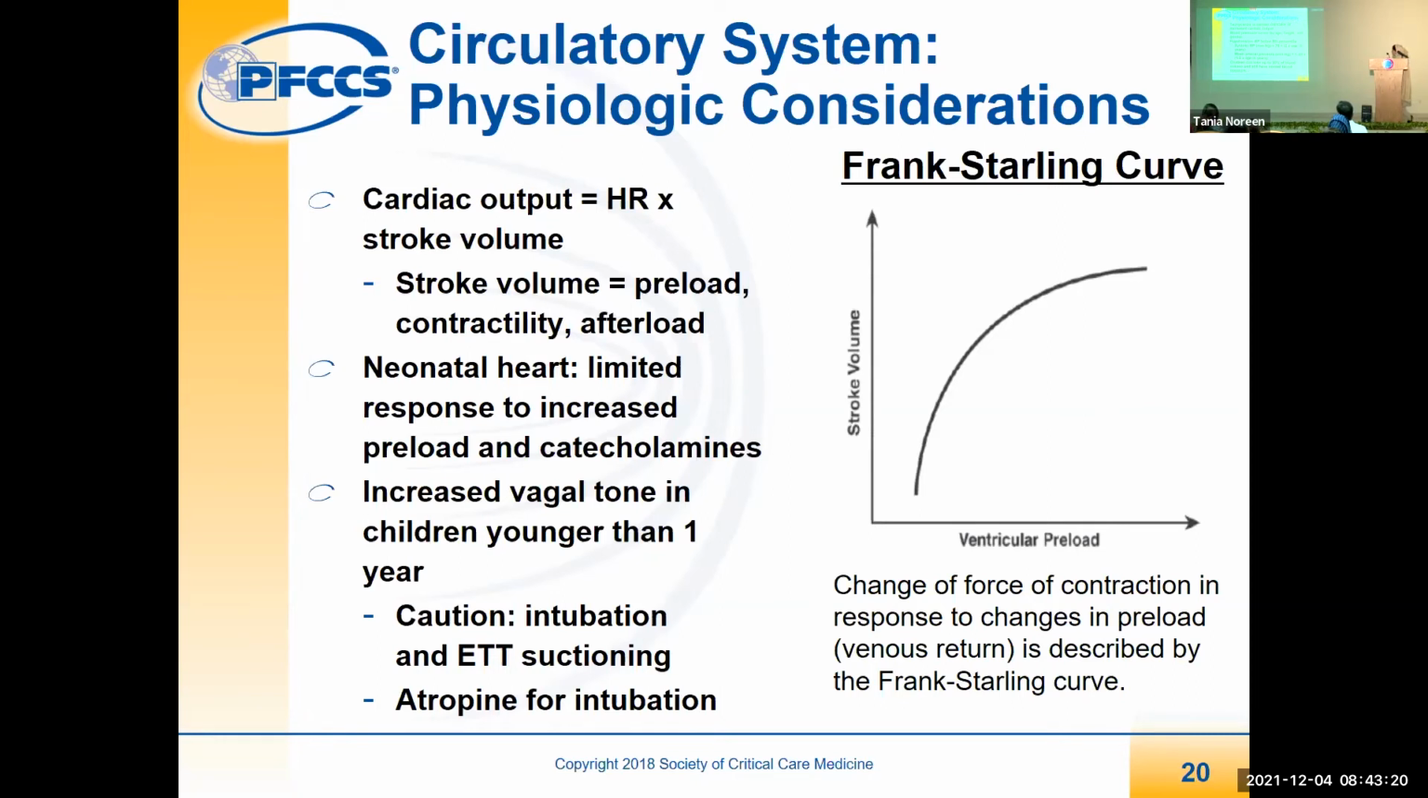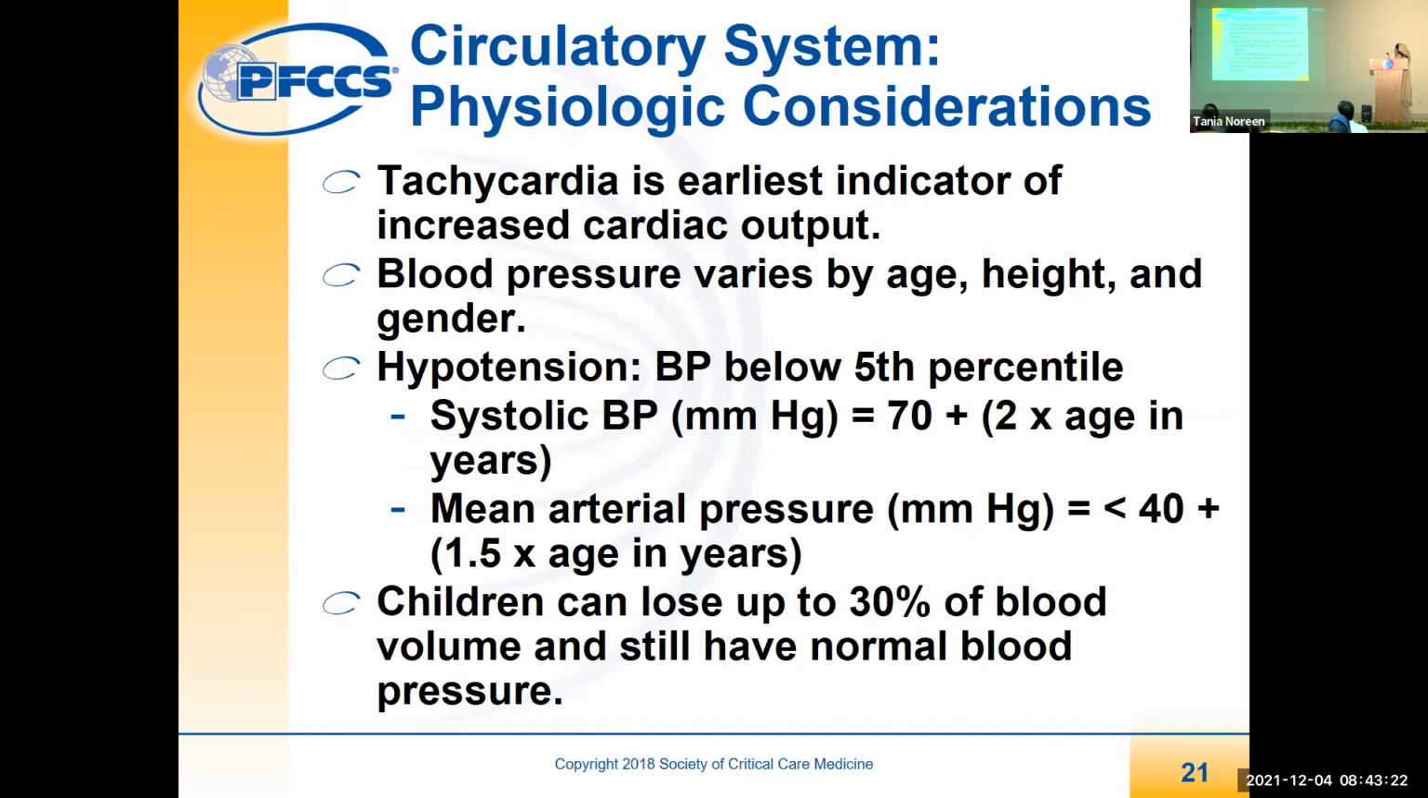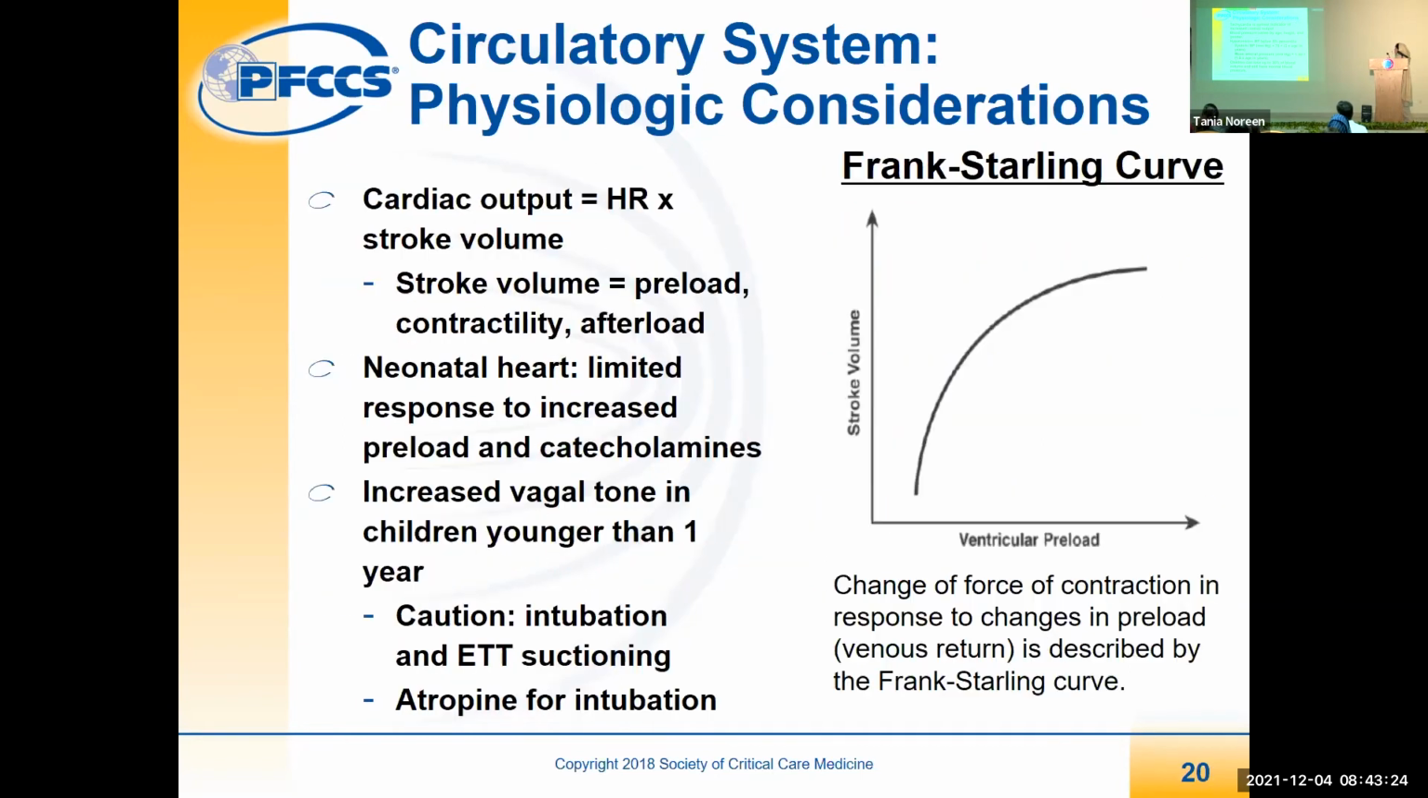Then this is an important graph, Frank-Starling curve। ये तो physiology में सबने पढ़ा होगा। Frank-Starling curve is basically ventricular preload and stroke volume। So when you increase the preload or the volume, the force of contraction of the heart muscle is increased until it reaches a certain plateau। उसके बाद further volume देने से force of contraction will not be increased, cardiac output will not be increased।